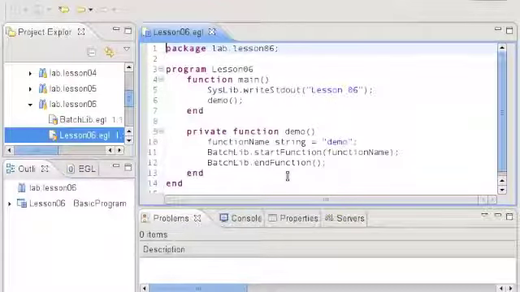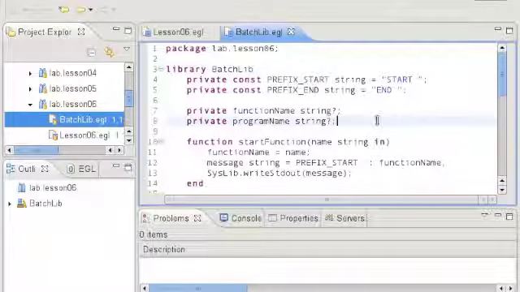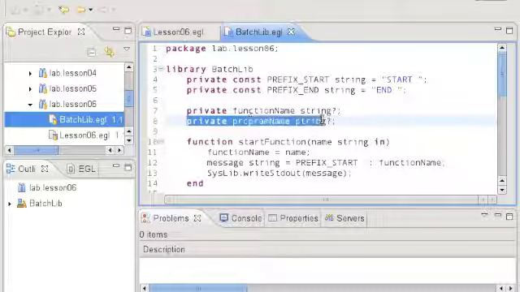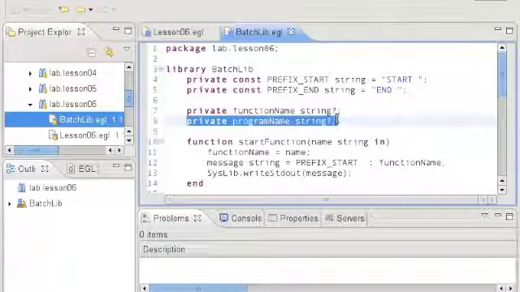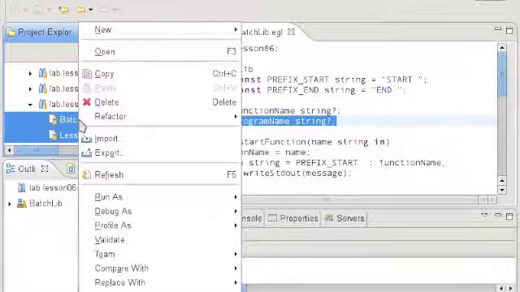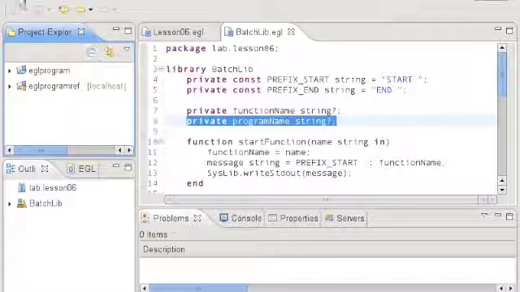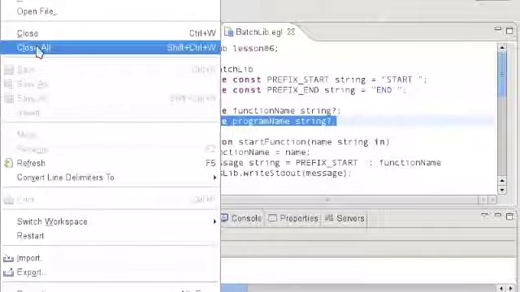So let's take a look at the starting code for lesson 6. Now the starting code is going to be exactly what we have been working with as far as the program, but in the BatchLib we're going to add a program name. And we're going to add two functions, which are start program and end program. So I need to copy these source code files, and then